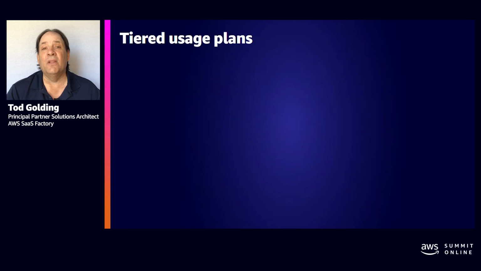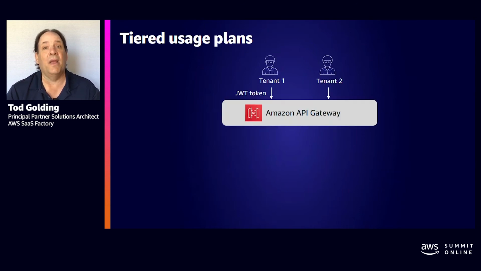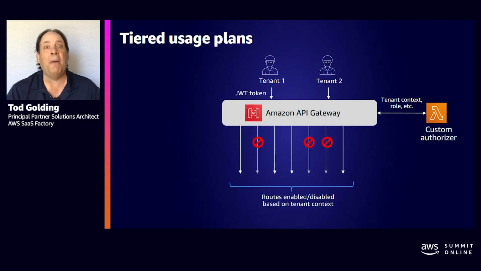Finally, one of the other things we look at in the serverless environment where we make heavy use of the API gateway is how can we have different experiences for tiers at the outer edge, so throttling and security and other bits as enforced by the API gateway. So here we see you have a couple of tenants coming in, they're hitting the API gateway, and one of the things we'll add here is an authorizer, and that authorizer will essentially look at that JWT token that comes in, find out what your role is as a tenant, who you are, and then only enable paths or routes in the API gateway that are valid for you as a tenant. So we get an extra sort of protection here to, at the edge, verify that you aren't going any further than you're supposed to.